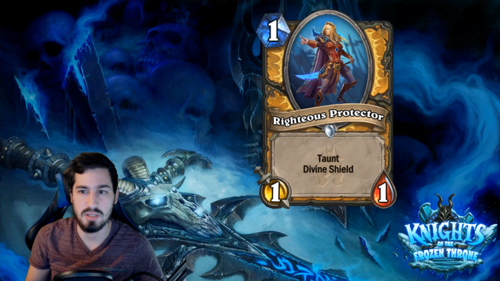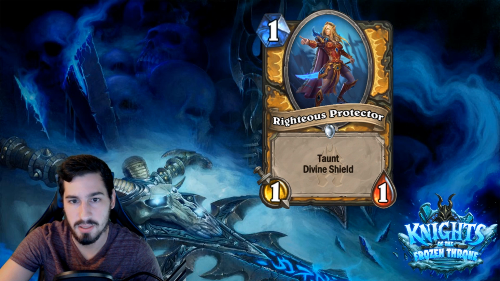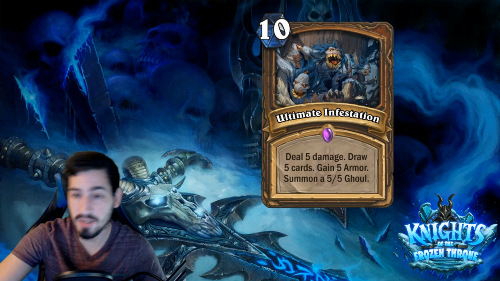Most paladin decks run Tyrion, and Tyrion has a divine shield and taunt, so I don't really understand the point of this Righteous Protector other than just a small power creep. But Argent Squire is going to stay in the meta forever, and Righteous Protector will eventually rotate out, so we'll see. The next card, Ultimate